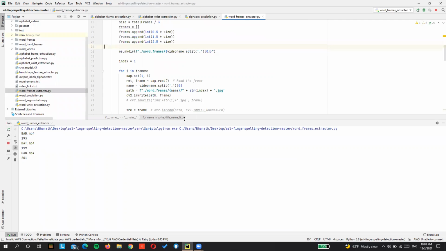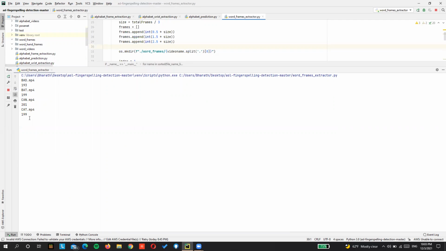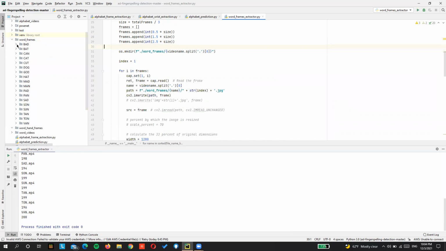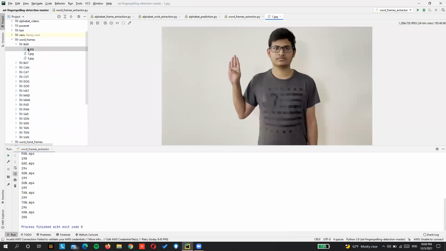As you can see, it is also giving us the frame count from each video as well. So once this is done, we have our word frames extracted.